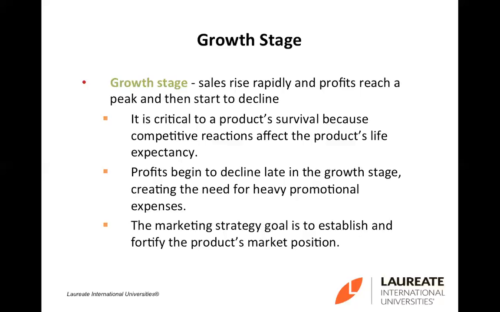At growth stage, sales rise rapidly. Since sales rise rapidly, the company would run profitable operation here. Cost per customer would drop. Now since the sales rise rapidly, normally competitors would also be eyeing that product category as well. Hey, why don't I join the band in there, right? Because this guy is running profitably, and I have the capability in here. I have the resources to compete, so it attracts competitors to come in.